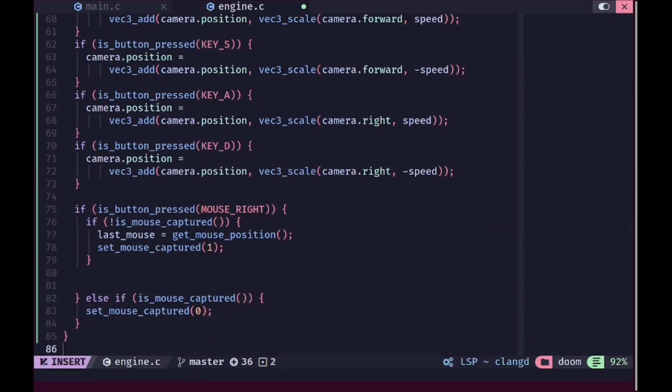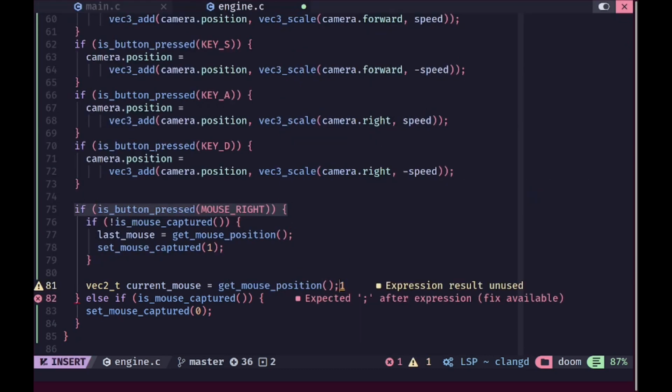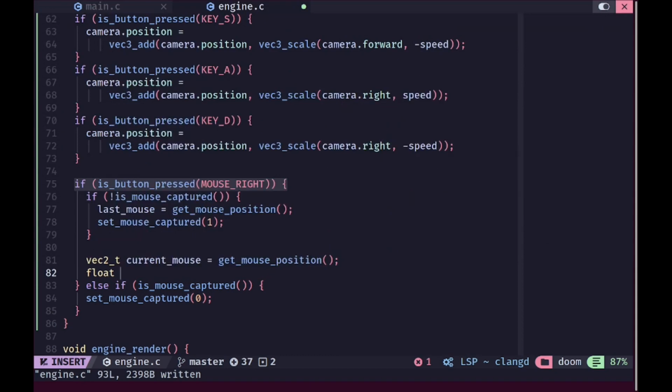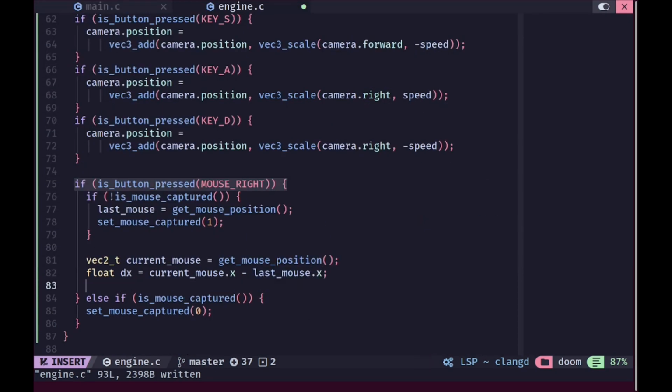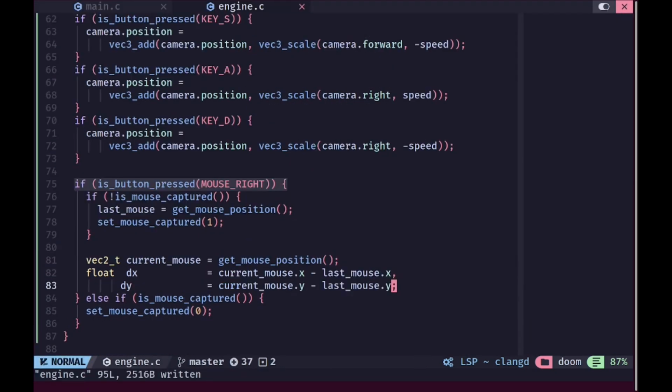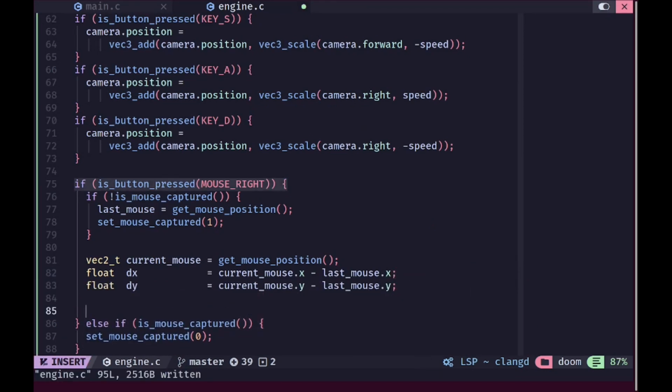However, of course currently nothing else happens, so we are going to go here. We are going to create a vector 2, which will be the mouse position, or we can call it current mouse. So we'll get our current mouse position using the get mouse position function, and then we'll calculate delta variables, delta x and delta y, using current mouse position and last mouse position. We are going to subtract these, and like that. And actually let's put these on separate lines, it looks ugly like this. So with that we should have these two calculated, and now we can use them to increase the pitch and